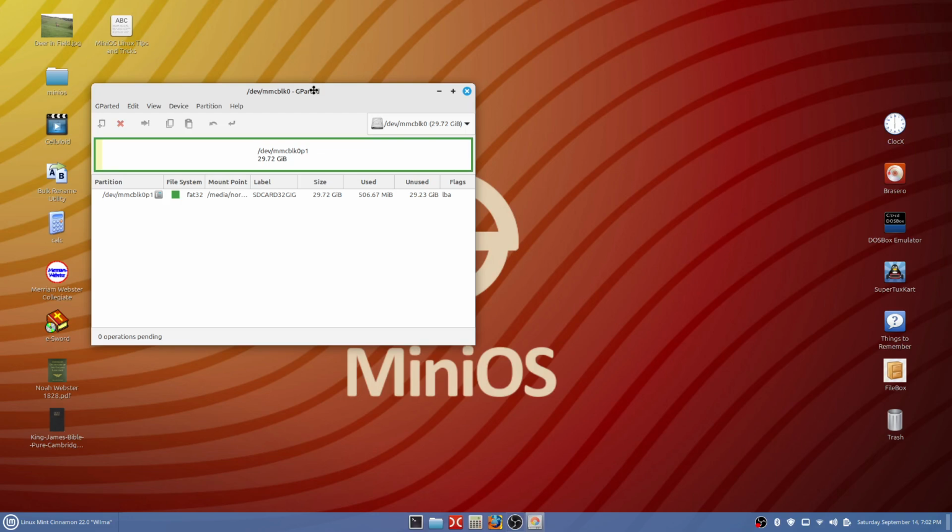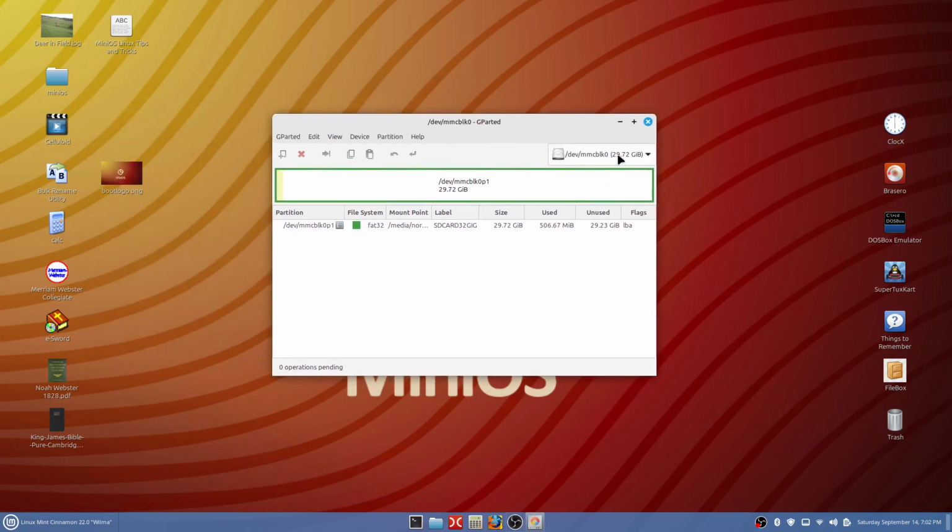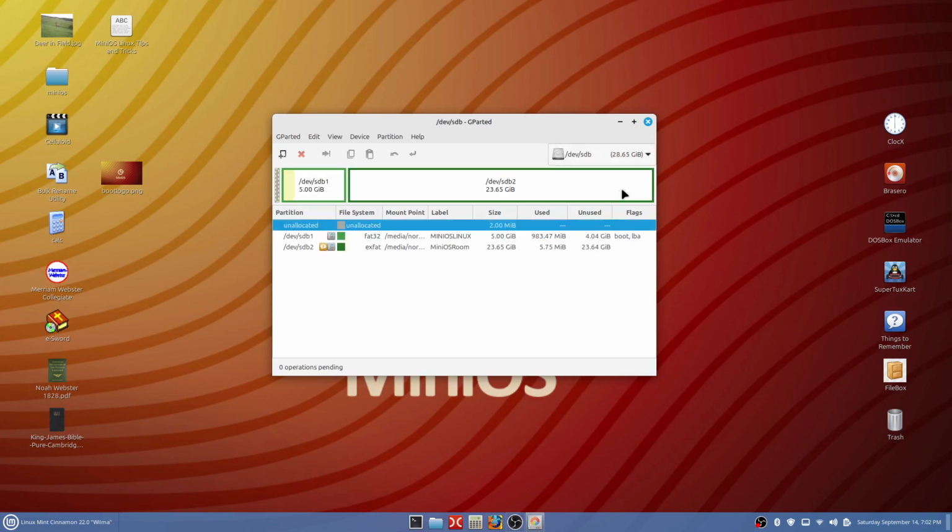Okay, here's GParted. Right now it's reading my SD card. We don't want it there. We don't want to change that. We don't want to change our hard drive. Right here is my jump drive, and right here are our two